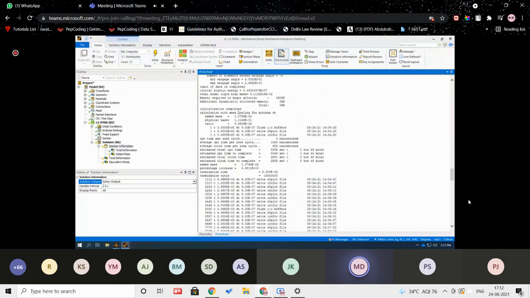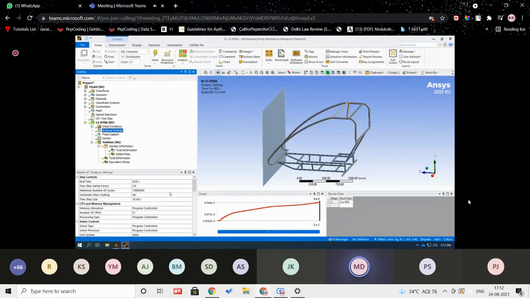After you have put the solver output, you can check the added mass, how much mass it has added and how much is the physical mass. And you can check the ratio. This ratio should be lesser than 5%. Currently it is okay. So this mass you have to check. If it is adding very high mass, then you have to reduce your time step from here. You have to further reduce. Let's suppose I have used 0.6, then you have to use 0.7 or 0.8 based on CFL analysis.